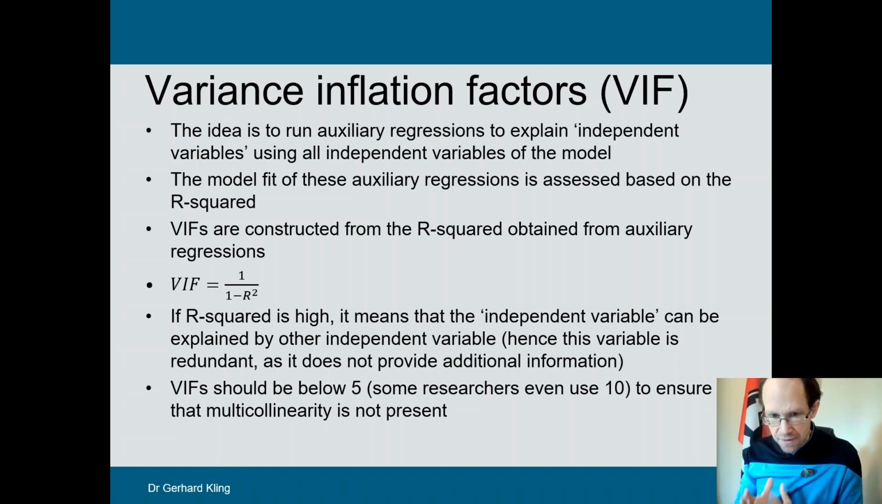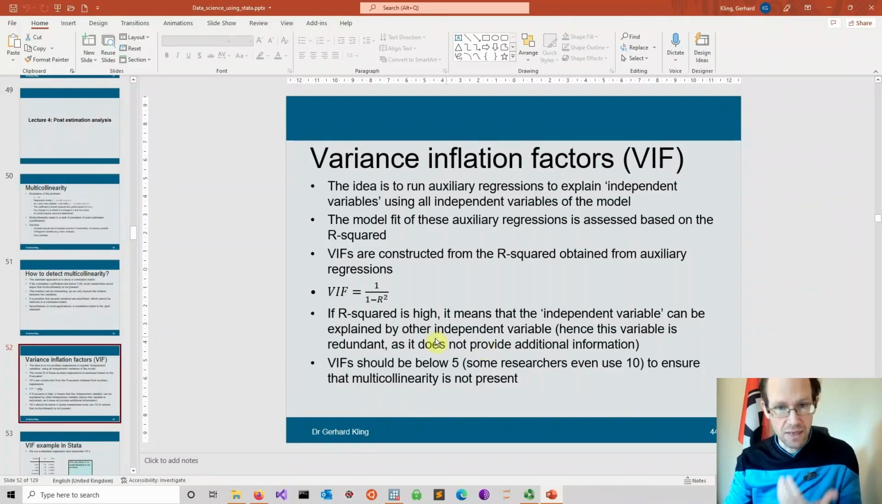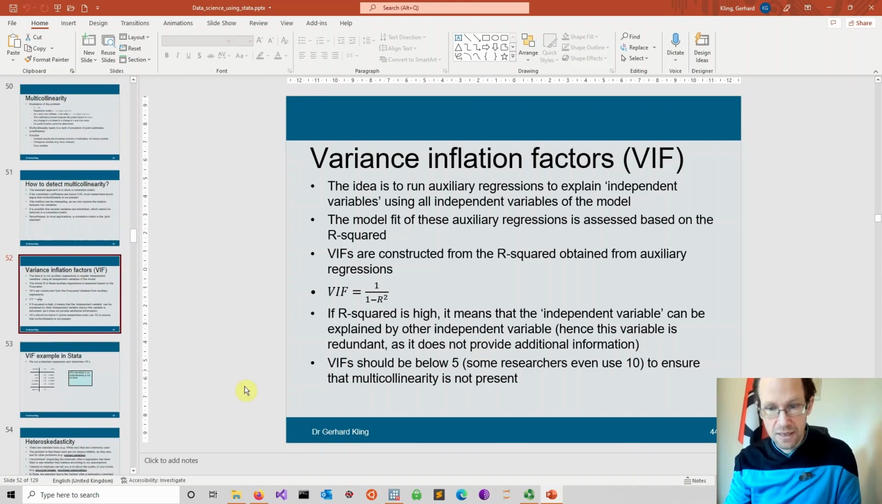As a rule of thumb, if you get a variance inflation factor in excess of 5, I would be careful. Some researchers go as high as 10, but honestly 5 would already ring alarm bells. So these are the variance inflation factors, these are the things I would look for, and now I move into Stata, and we have a little